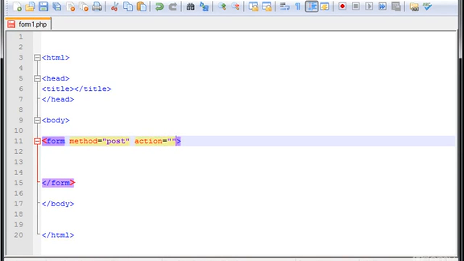And now action is where it's going to be processed, or where the information in the form is going to be sent, to which PHP file. So I'm going to type here process form.php,